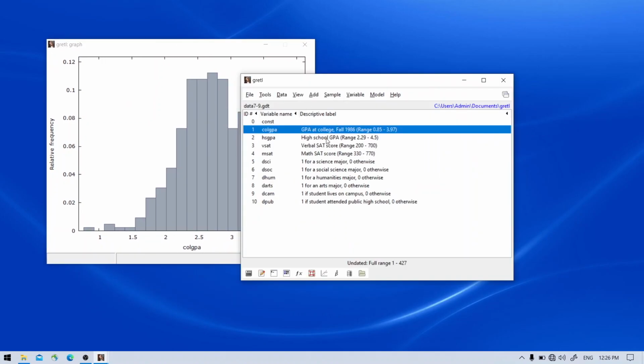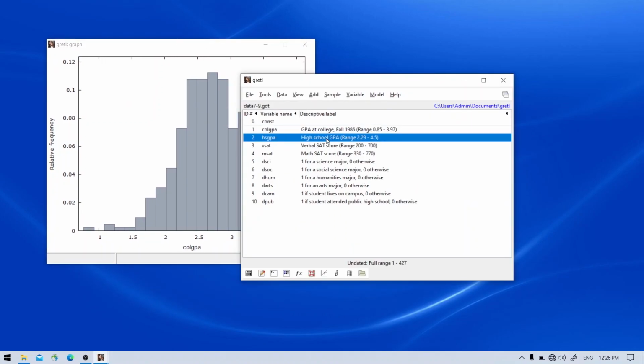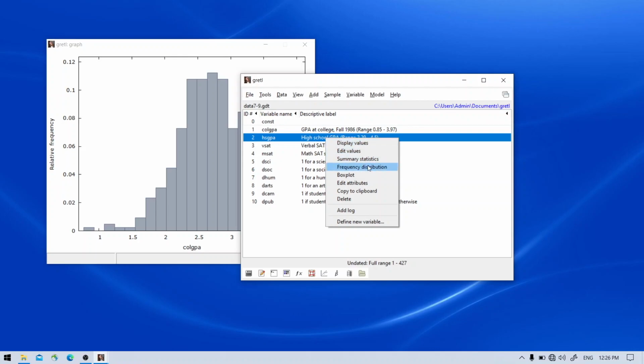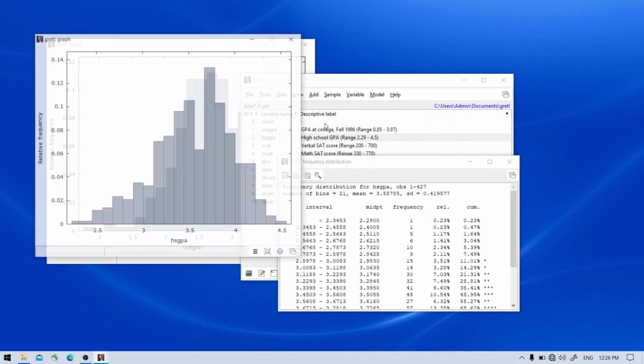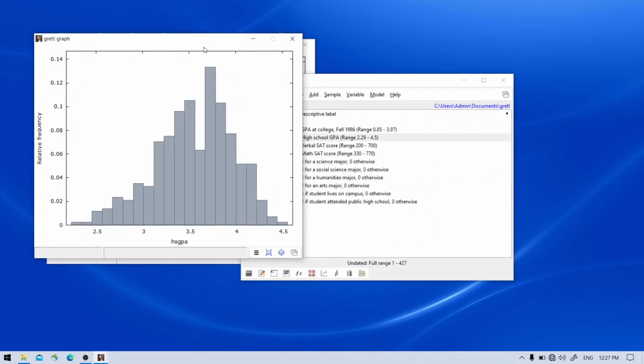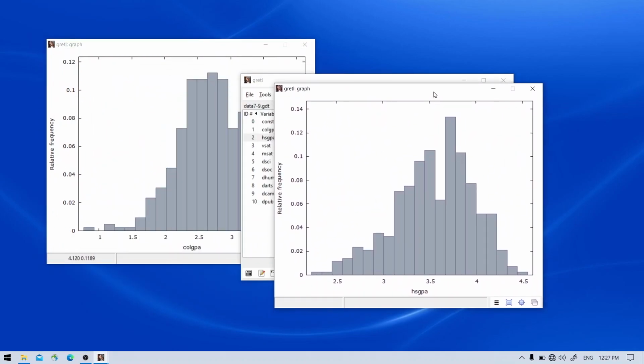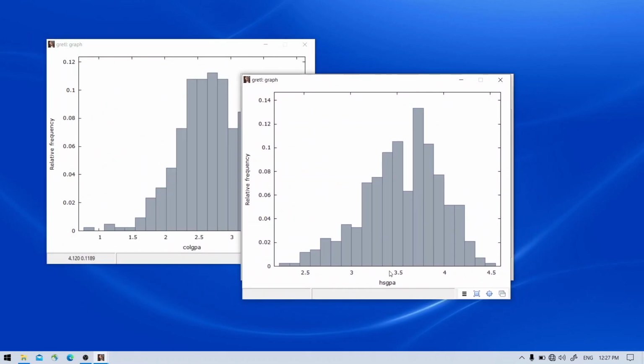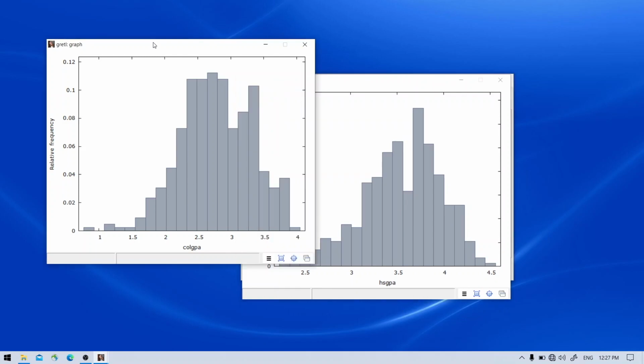For high school GPA, same thing. Click on the variable, then right click and frequency distribution. Go OK. And there is the distribution for high school GPA. So high school and college look pretty similar, with a mean around 2.6, 2.7 for college GPA. The mean for high school seems to be a little bit higher, at about 3.5,